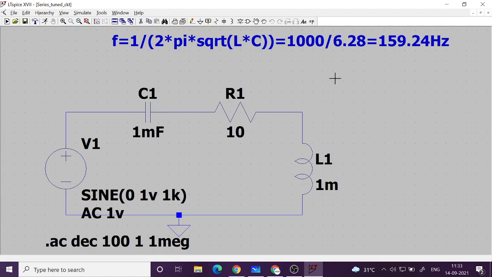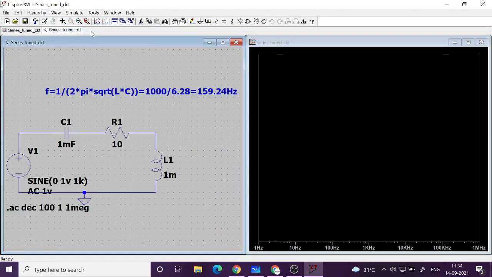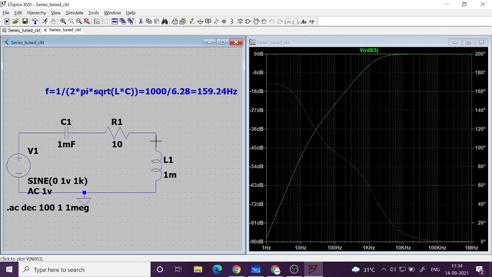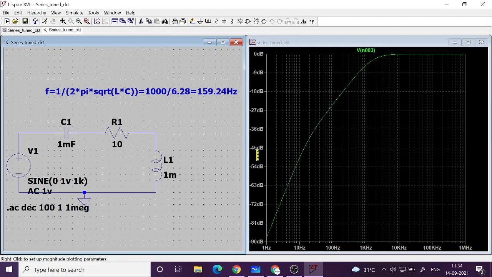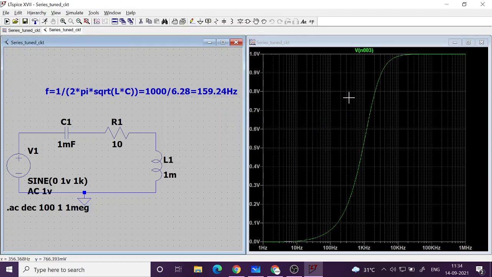All right. So without changing the component, you can also take this voltage. I had some confusion regarding that yesterday, but later I found it out. Okay. So let us run this. Let me keep this side by side. First let me plot this one. I don't want this phase, so I remove it, and I want this axis to be linear, so that it will be from 0 to 1 like this.